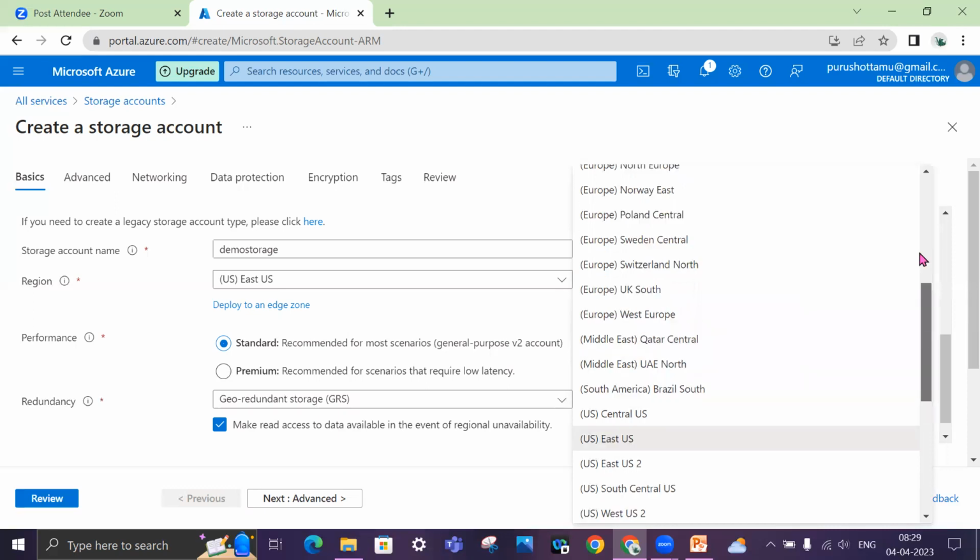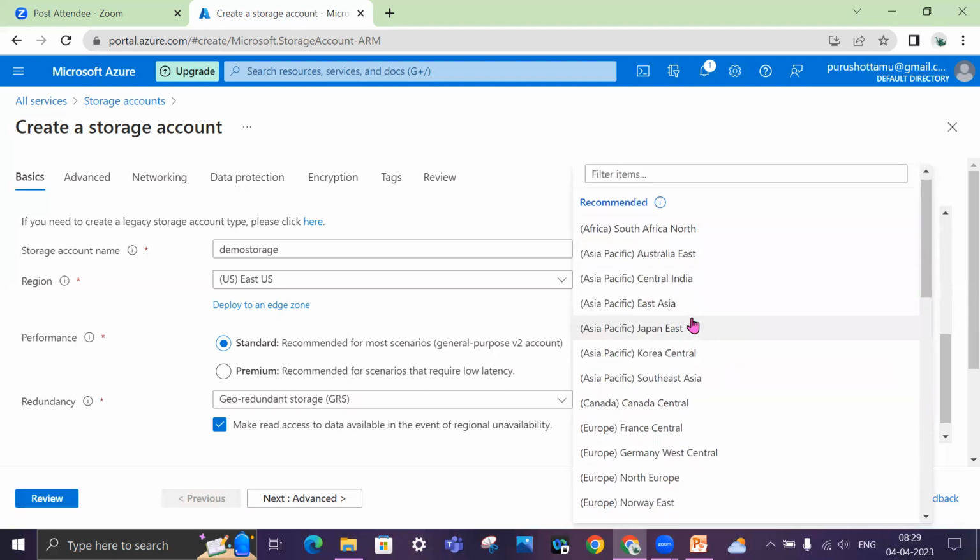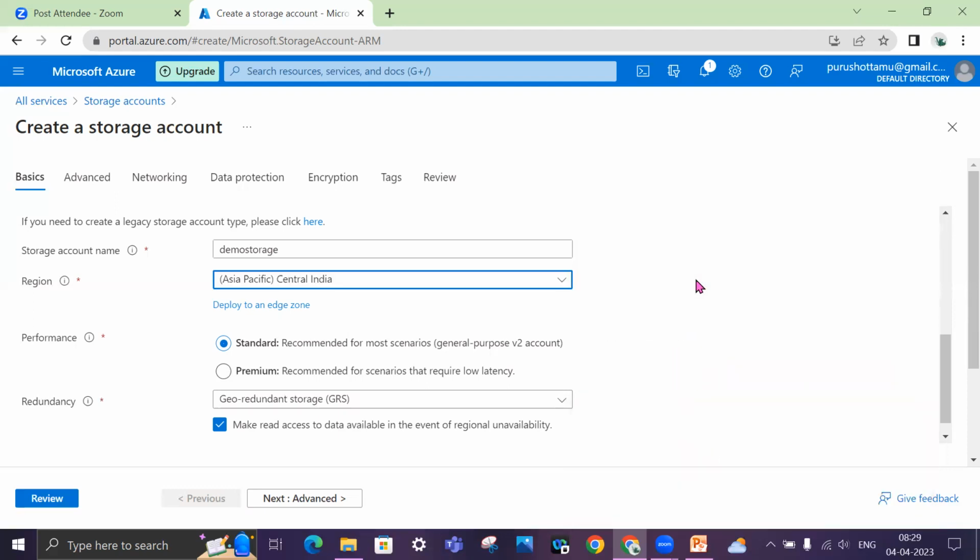So for example, if I'm using Central India, I'm part of India, so I want to use Central India because all the data I'm serving to my customers is part of India, so that data needs to be stored in India only, right? Now let's say I'm building an app across the US and India, and most of my customers are from the US.